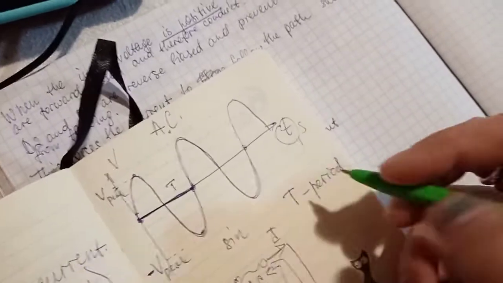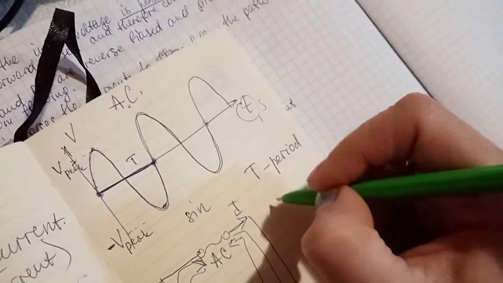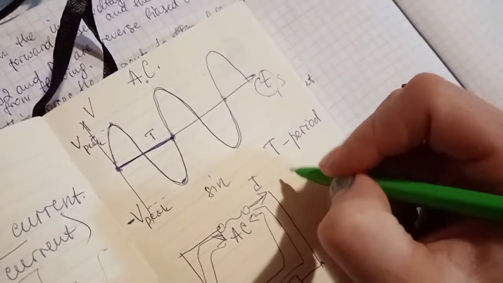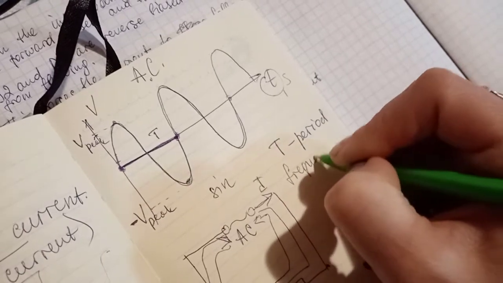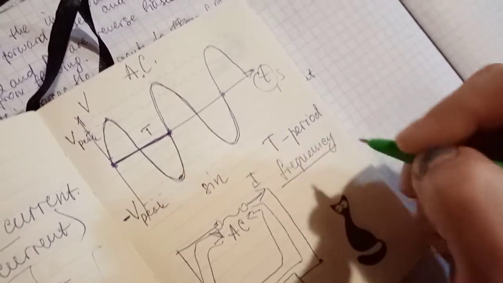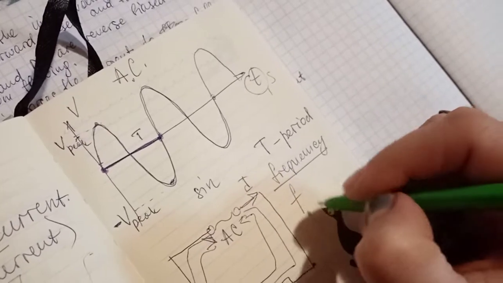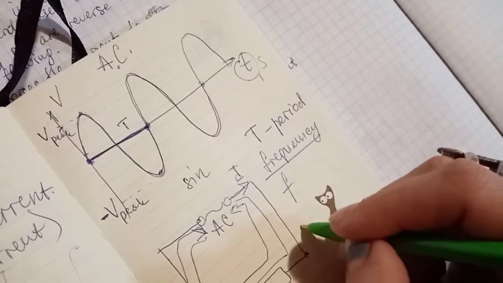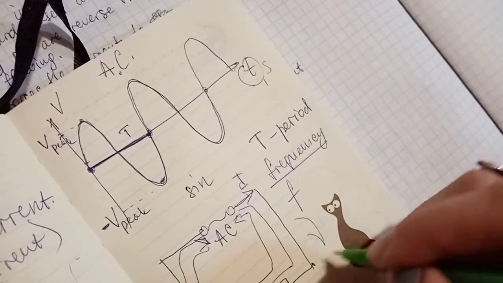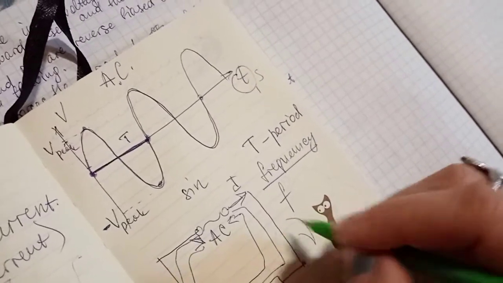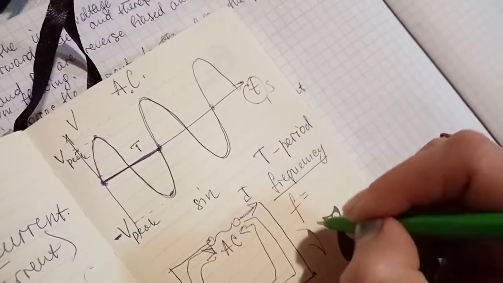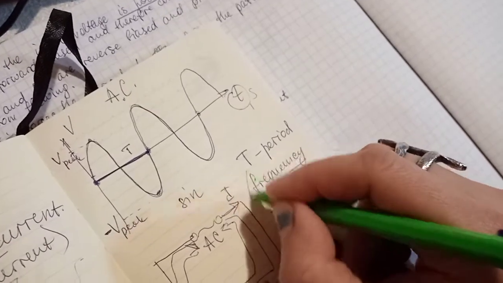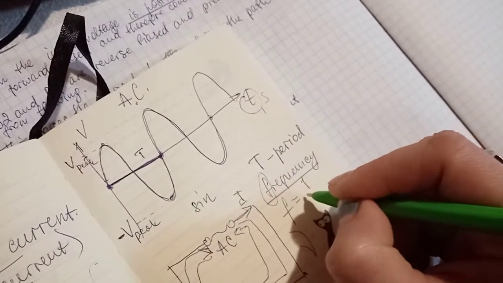And we also have such an important thing as frequency. What does frequency mean? Frequency is called F. In our language, in Russian, in Belarusian, usually we use another letter. We use nu, the Greek letter nu. But as far as I understood, in the English version we use just F, from frequency, and it's 1 divided